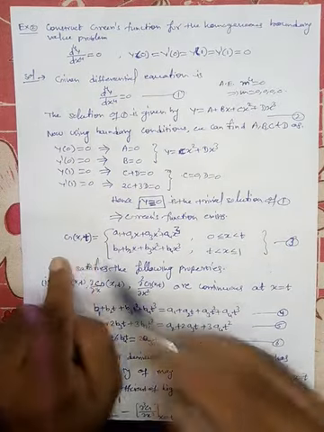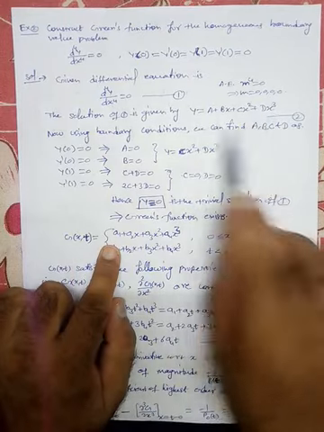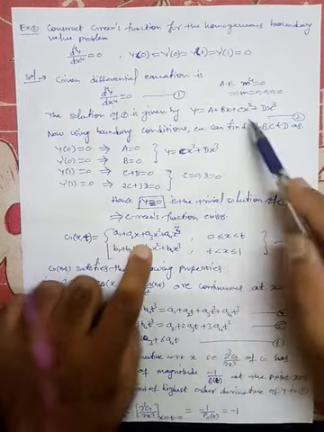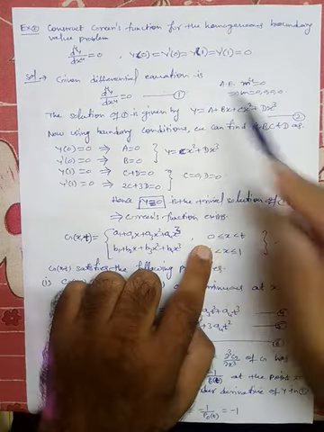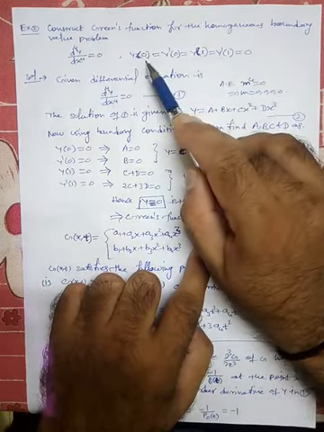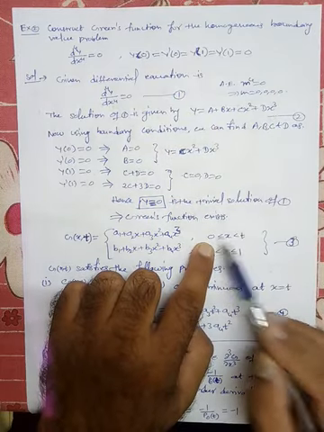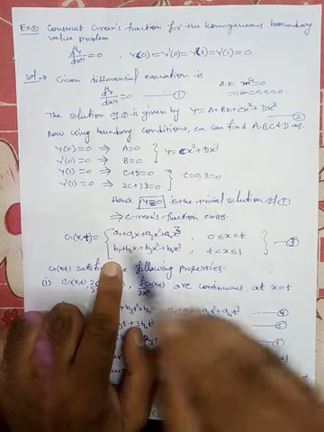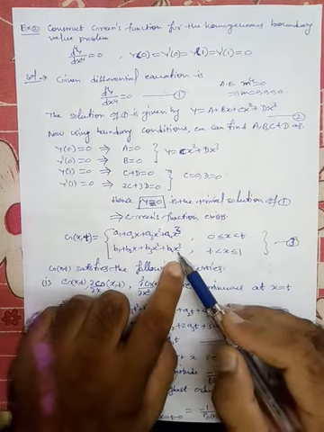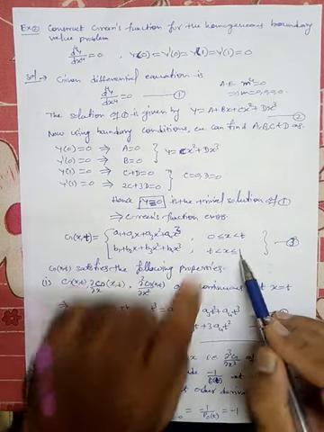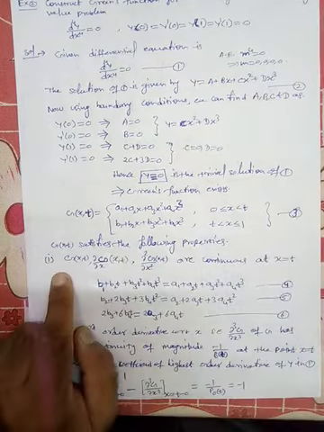What will be the solution? Green's function G(x,t) will be, inspired by this, a1 plus a2 x plus a3 x square plus a4 x cube, on the interval where the points are 0 and 1, so from 0 to t, and for the second branch b1 plus b2 x plus b3 x square plus b4 x cube from t to 1. So this is our Green's function. Now G(x,t) satisfies the properties.